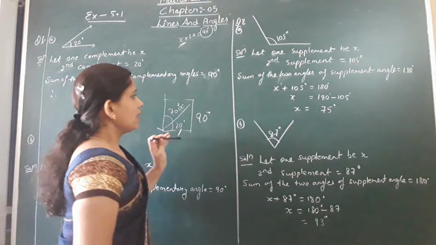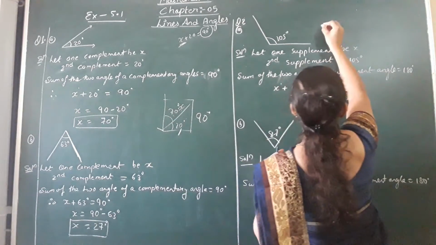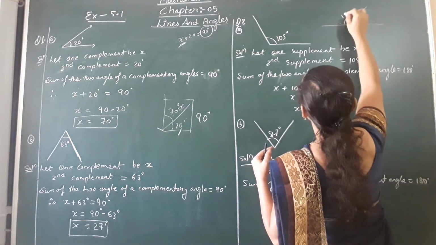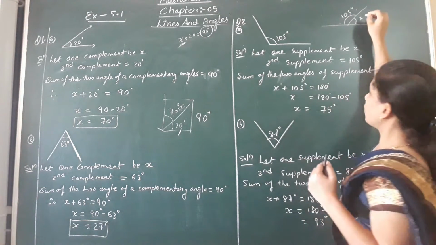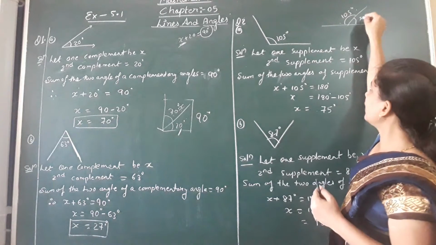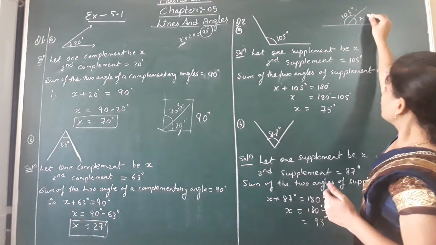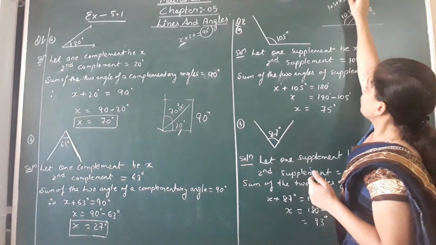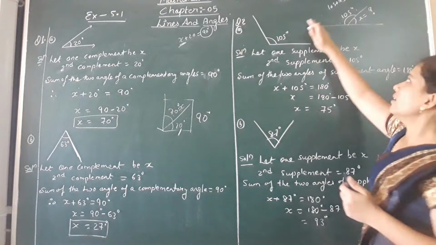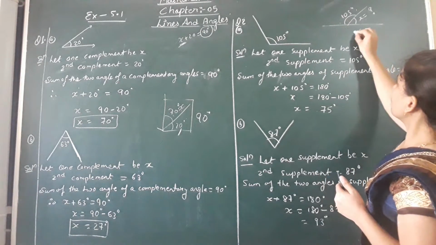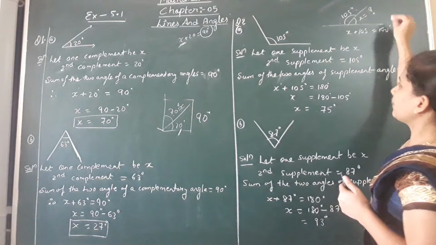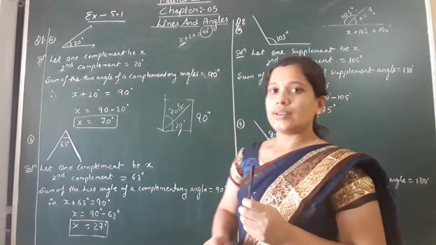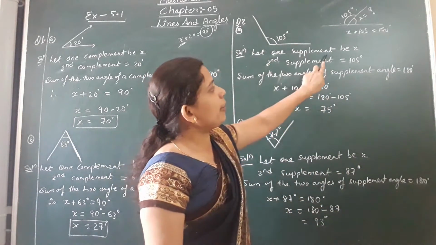As we are doing this, the sum of the two angles will be equal to a supplement when the first angle is given as 105 degrees. And the second angle we will consider as x, or the first angle we will consider as x, and the second angle is given as 105 degrees. So we have to find the value of this. The sum of these two angles will be equal to 180 degrees. Okay, so these individual angles are said to be supplementary angles. Clear?